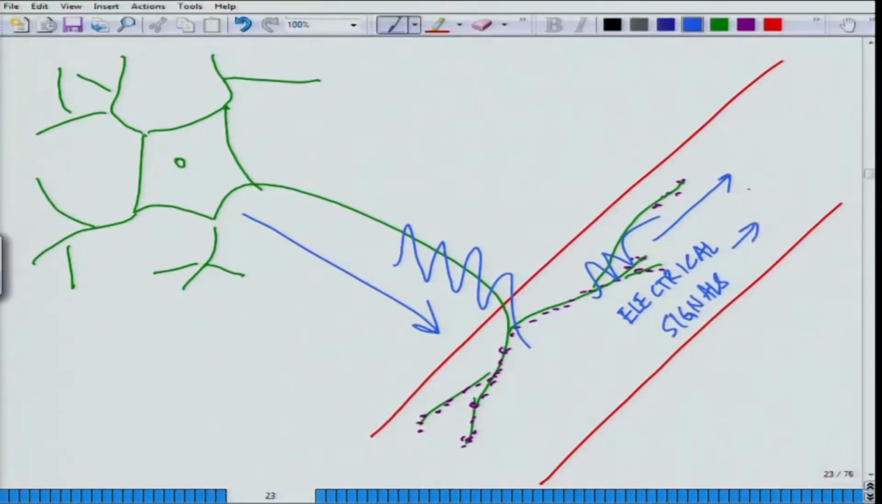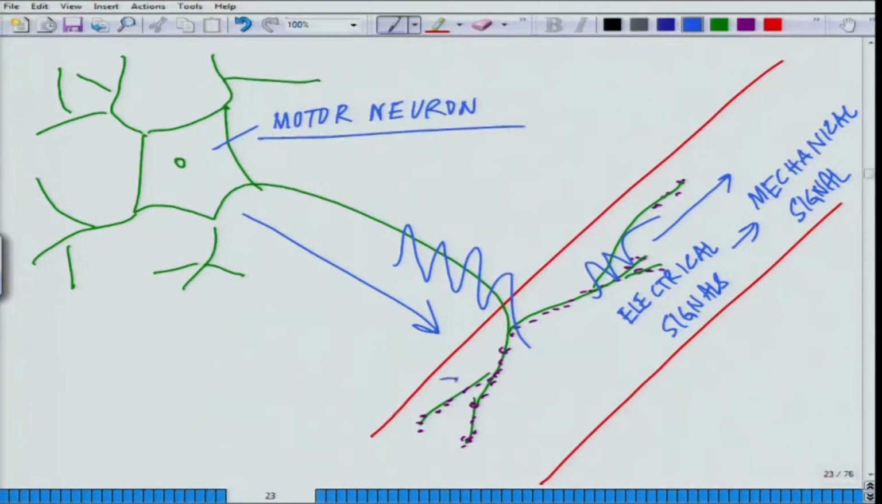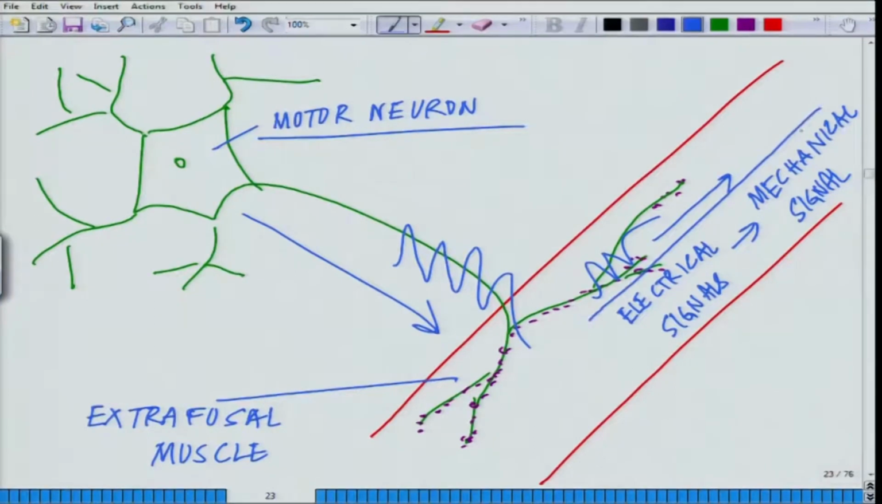It is coming in this direction, and the electrical signal is translated into a mechanical signal. This is very, very important. We will come to this, and there is a reverse situation which is going on. If this is the motor neuron, this is the last information transfer in this circuit, motor neuron, and this is the extrafusal muscle. Extrafusal muscle. So here, the electrical signal is being transmitted into a mechanical signal, and in the beginning, in the start of the circuit,